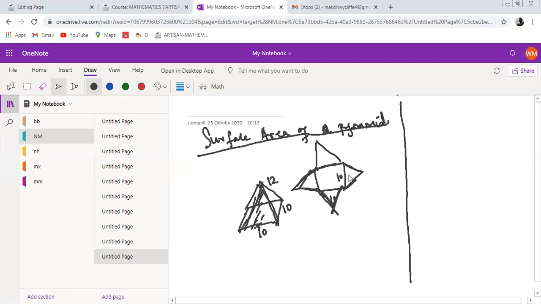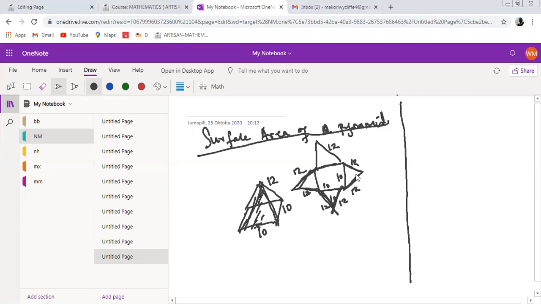So if we raise this part, this part, this part, they all meet at the same point. So if you are told that the base is 10 by 10 and all these slant edges are 12, 12, 12, 12,